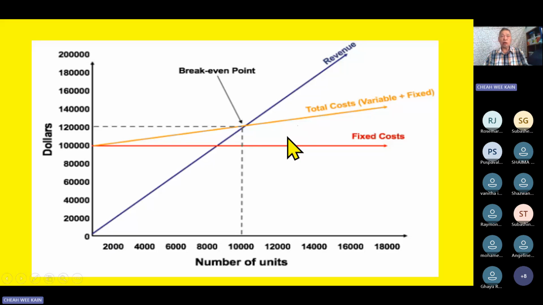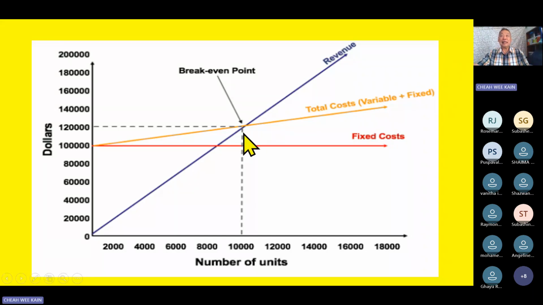Now, why is this taught? This is taught to you so that you can understand. You can tell your marketing people, hey, you need to sell a minimum of 10,000 per month. Therefore, the company makes no money, no loss, which is not so good, but better than loss. You should actually now try to sell above 10,000. And that's where they tell the marketing people, if you sell more, we give you commission. If you sell less, no commission. Understand? So that's what a break-even point means.